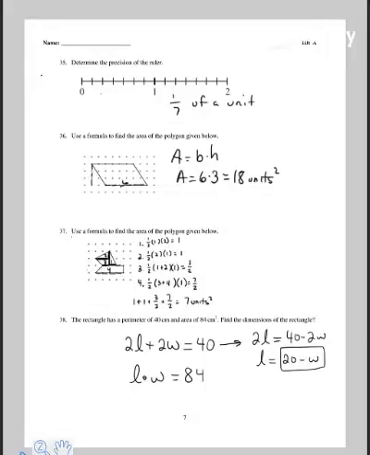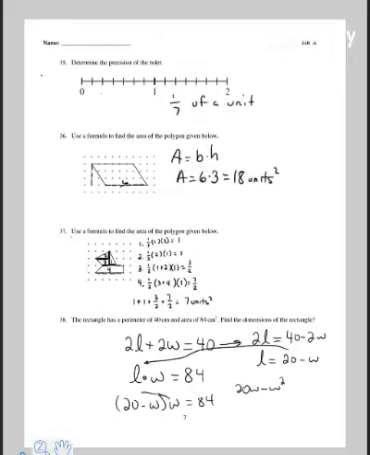So you can now take this quantity 20 minus W and substitute it in for that L. Instead of length times width equals 84, it's the quantity 20 minus W times W equals 84. So this is a challenging problem. This is a quadratic equation to solve now. If you distribute the W into the parenthesis, you're going to get 20W minus W squared